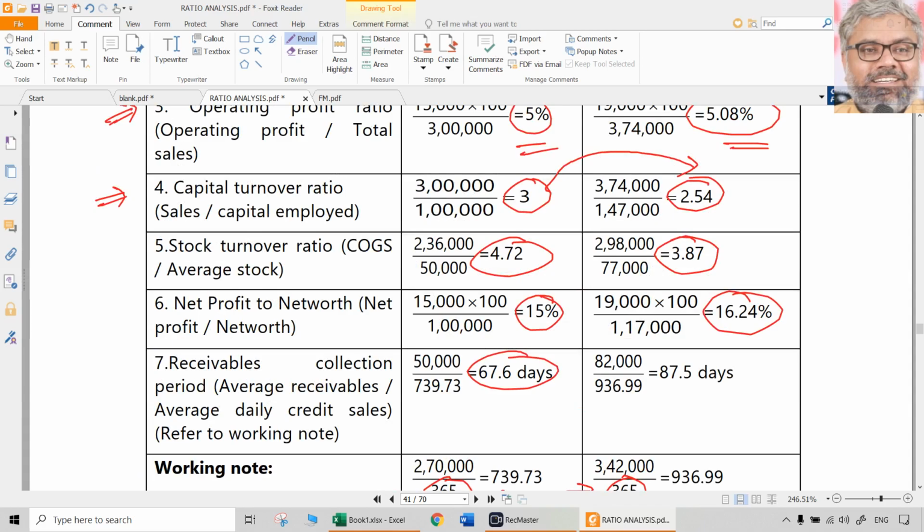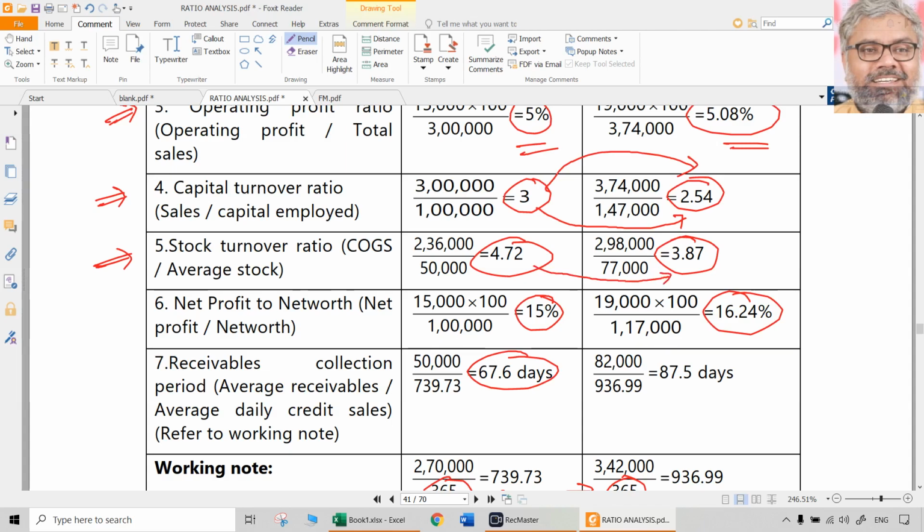What happened? What do you see in the capital turnover ratio decline? What is it showing? Not a good thing. So will you write 'not a good thing'? No, you cannot write that. You have to frame a proper sentence. That's what is given there also, and that's what we can use. The company has not been able to deploy its capital effectively, as indicated by a reduction in the capital turnover ratio. Dot. No need for stories. Then the stock turnover ratio, what is it indicating? Again, not a good thing.